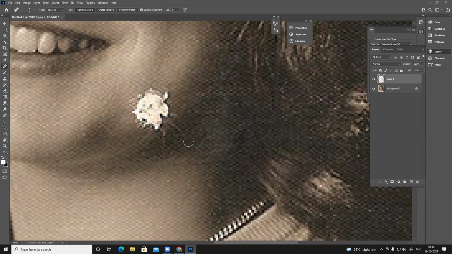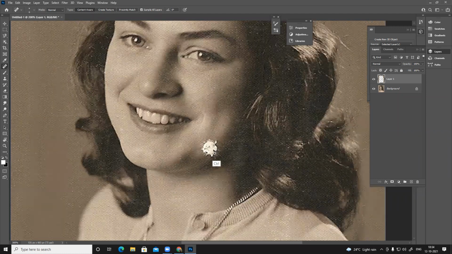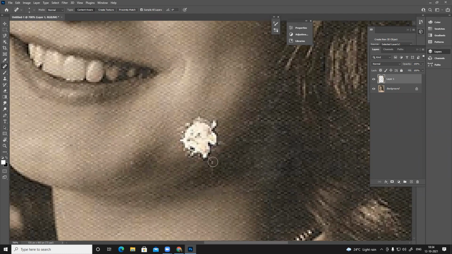Now you can see most of the specks are gone. And to get back to fit to screen, Control 0. The screen size will fit there. Now you can see most of those lines and tracks are gone except this. This is pretty big, so I have to work on more corners of the edge.